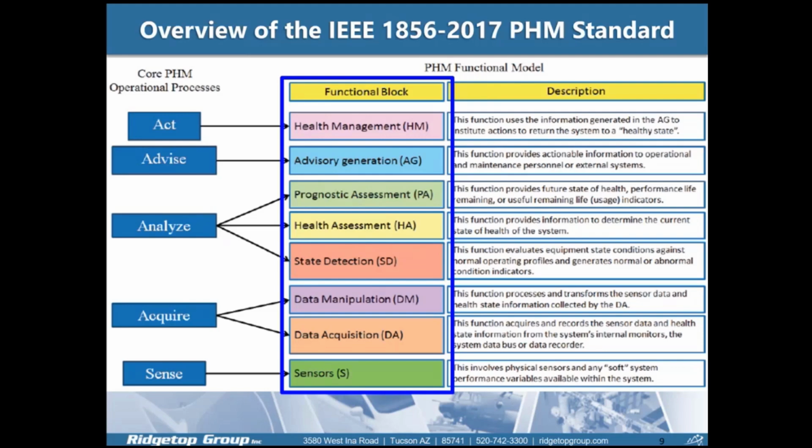Raw data is oftentimes noisy or incomplete, so the data manipulation block processes and transforms the data to make it clean and usable. Tasks include filtering, pre-processing, and quality control of the sensor data. Next, for analyze, we have state detection, health assessment, and prognostic assessment. For state detection, the system's current condition is evaluated by comparing sensor data with predefined baselines. Abnormal behaviors, flags, faults, and deviations from normal